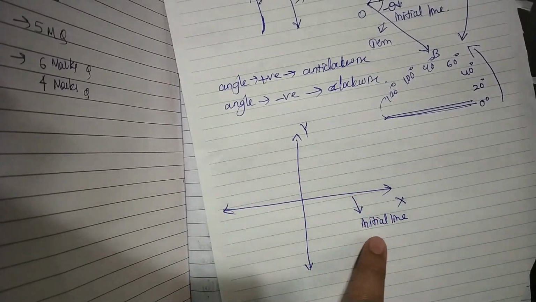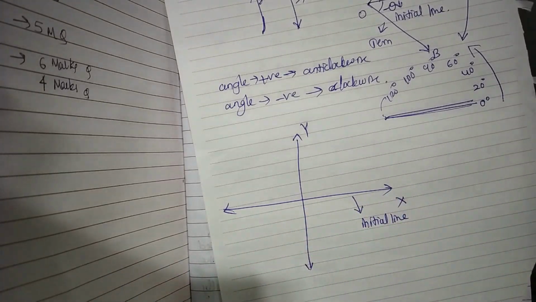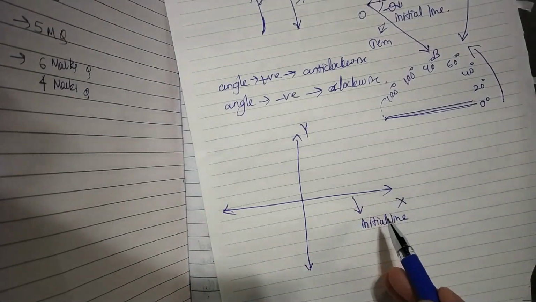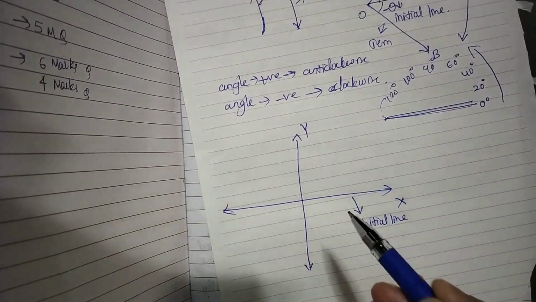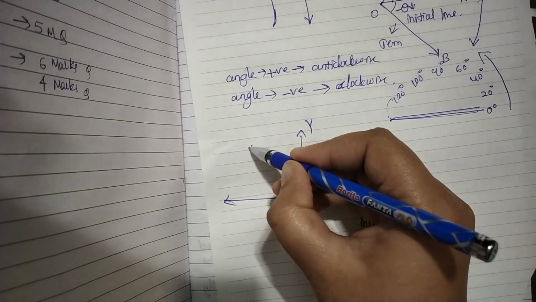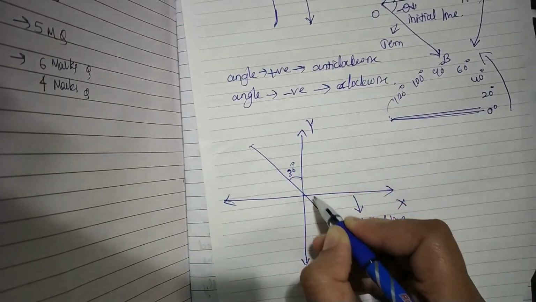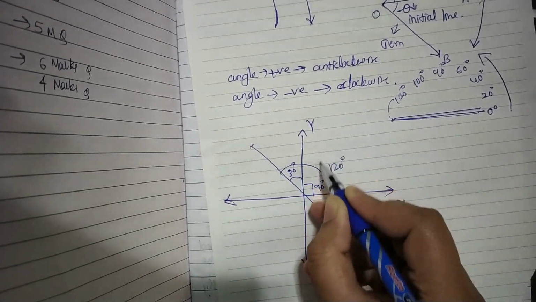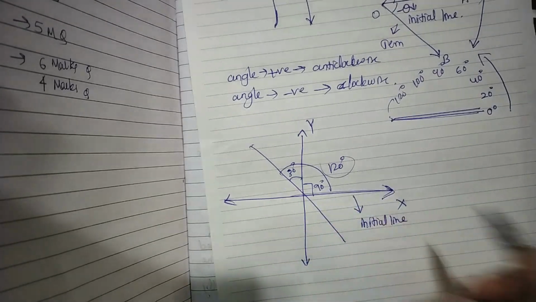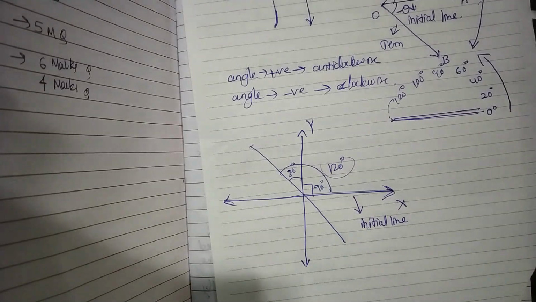So while defining slope, we always consider this x-axis as an initial line. Okay, so when defining slope, you take the x-axis itself as the initial line. That means the angle must be measured with respect to the x-axis. Suppose an angle is formed from the y-axis and it is 30 degrees, then you have to add 90. That is together 120 degrees is the angle with respect to x-axis. This is the angle made by the line with respect to x-axis.